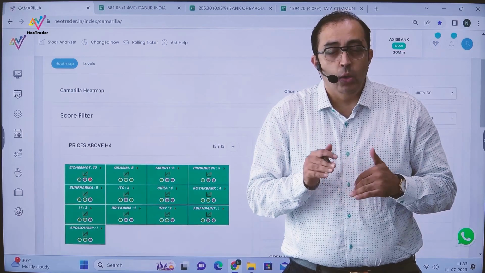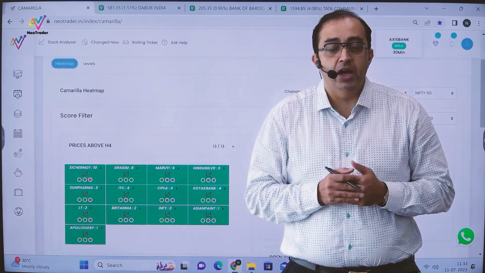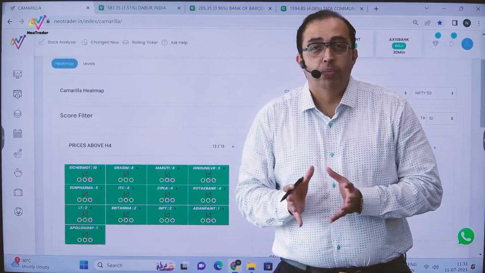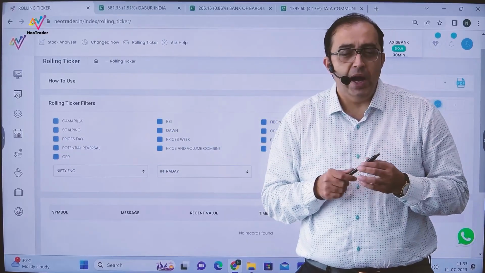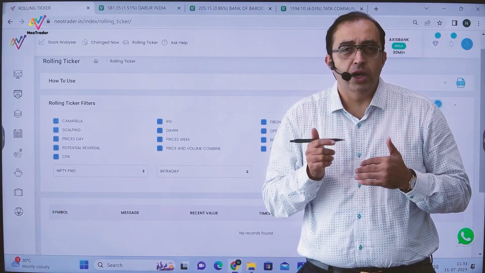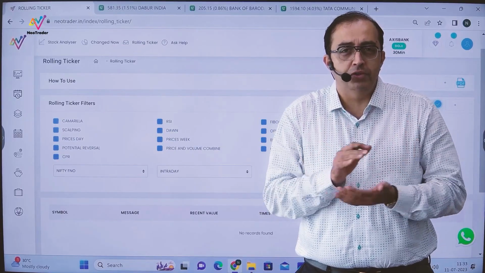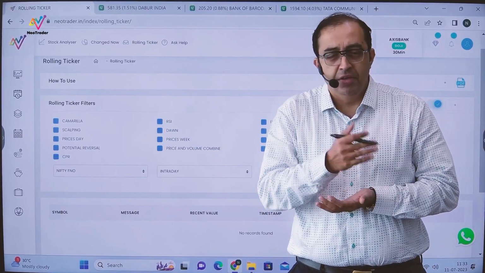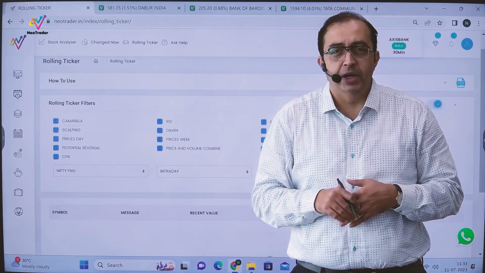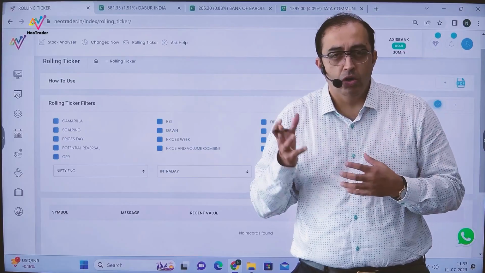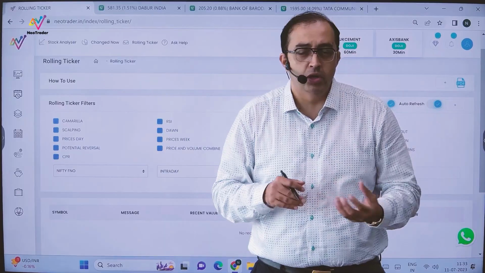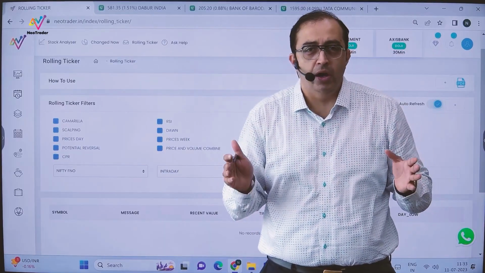How we can quickly take some trades with Camera using our super feature called rolling ticker. Hi, in this video, I am going to be telling you how you can use the set of stocks which you have identified. Say in the morning, after the first 15-20 minutes, you have seen a set of stocks, or you have created your own watch list and you want to pull up those stocks, no problem at all, right?